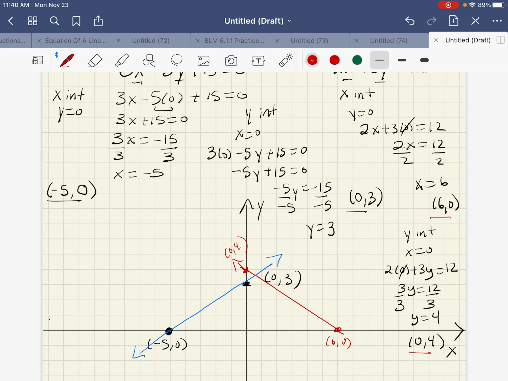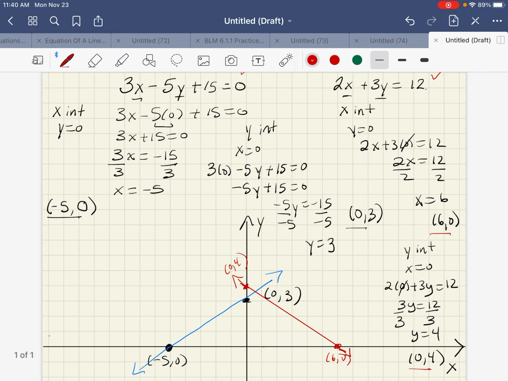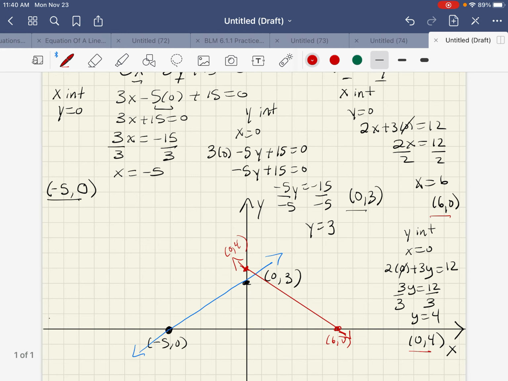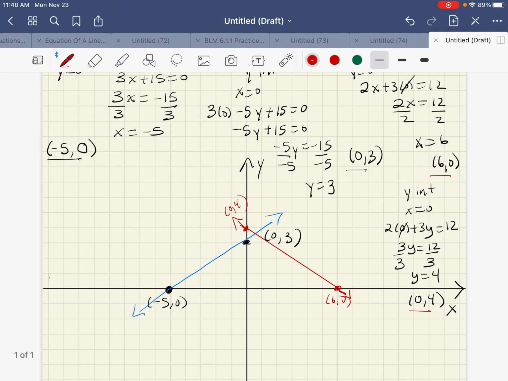So again, usually you would use this method when the line is in standard form, like this one's in full standard form, or kind of like in half standard form, where they've already started to balance the constant over onto the right side. Again, only needing 2 points to graph a line. So if you calculate the x and y intercepts, then you connect those two, and those would serve to make your line. Okay, well,